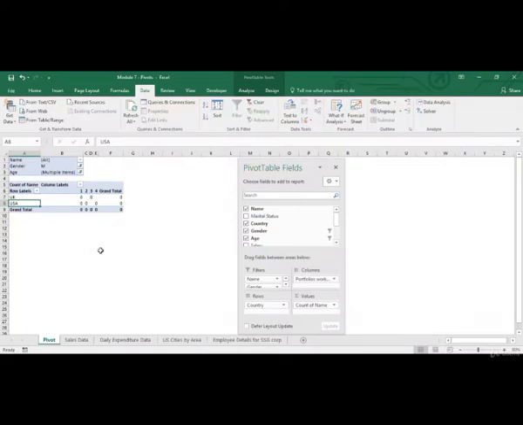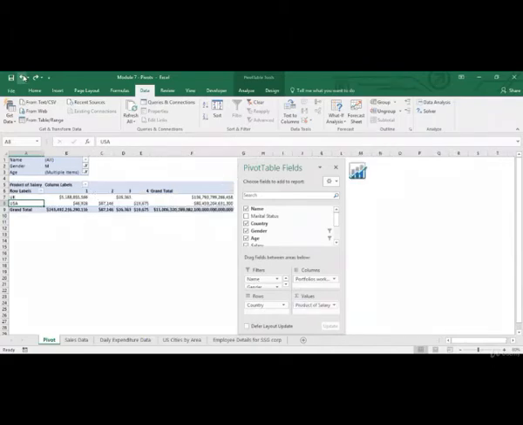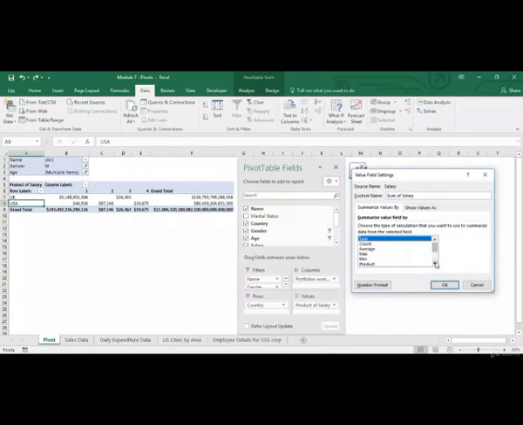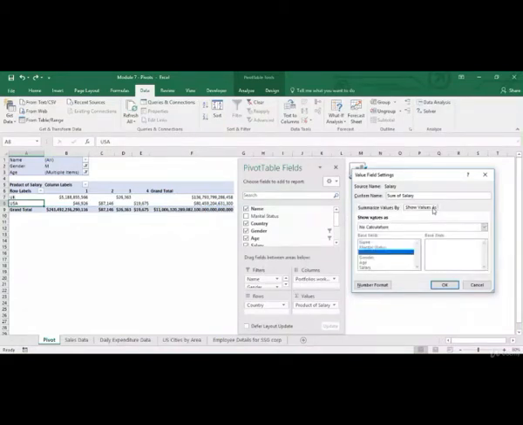So that is why this will be equal to 0. Let's just do a control Z again. Similarly, you've got other options like standard deviation or variance, which are just used to calculate standard deviation or variance within those particular segments. Now let's move on to show values as.